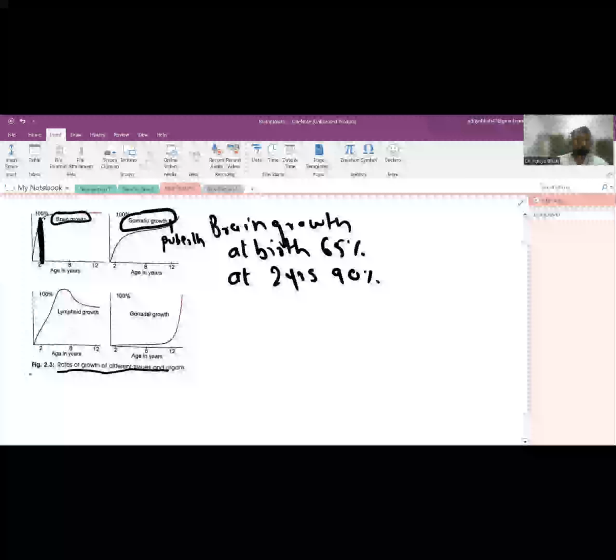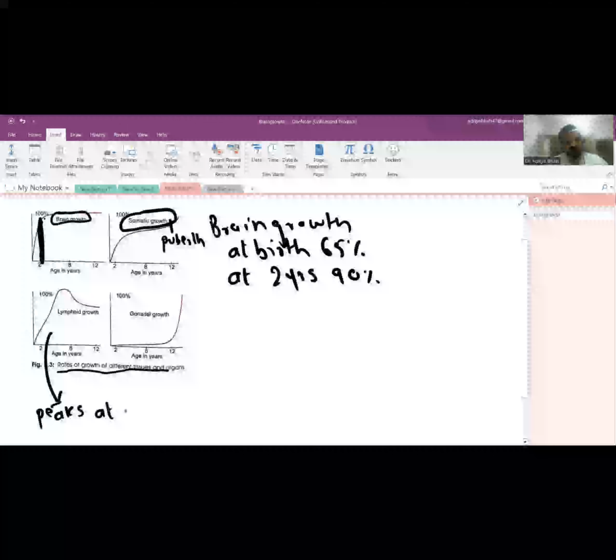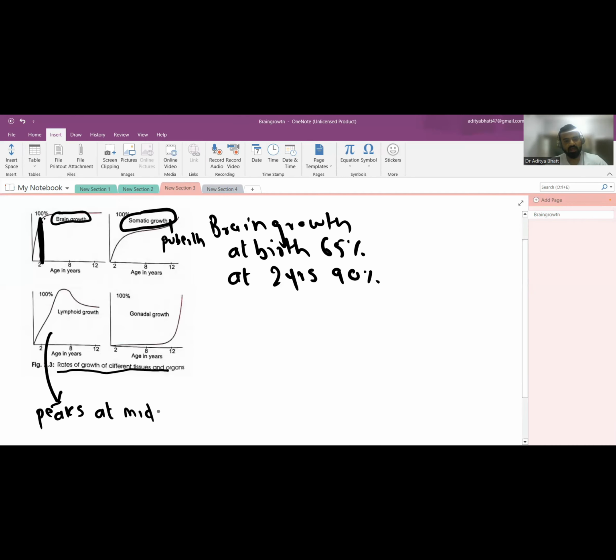Now, lymphoid growth is very important because lymphoid growth peaks at mid-childhood. And why do tonsils become a hassle at mid-childhood? You can see over here that the tonsillar growth is maximum during mid-childhood. And that is why we get adenoid issues and tonsillar issues in the mid-childhood, because lymphoid growth is